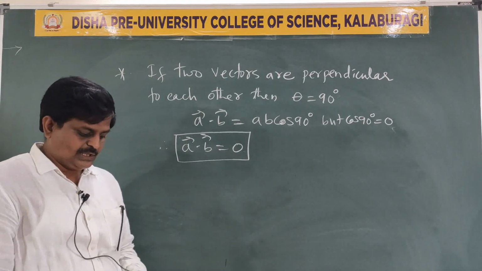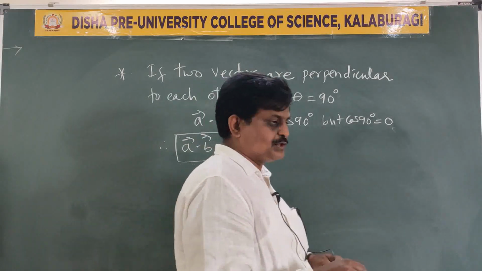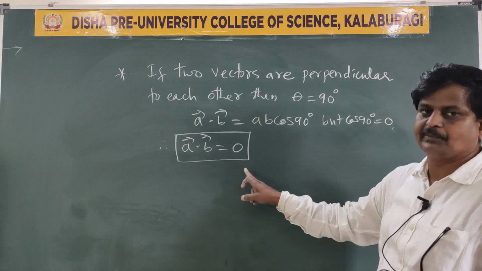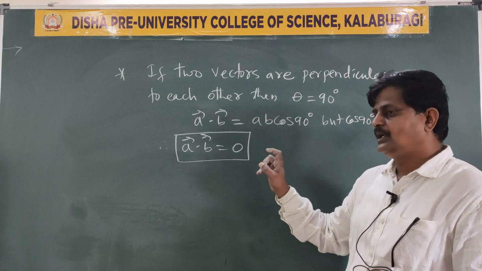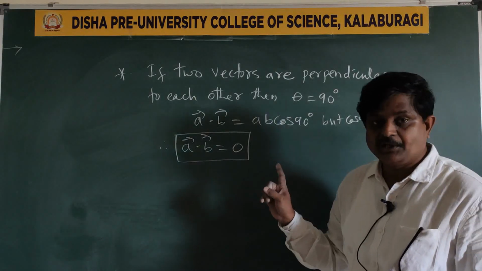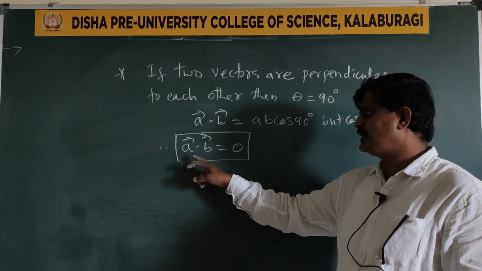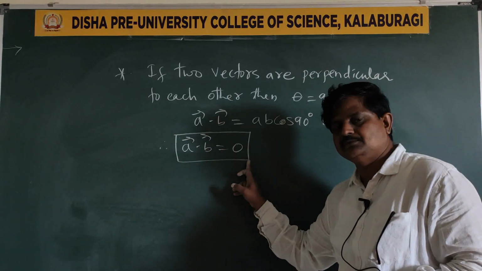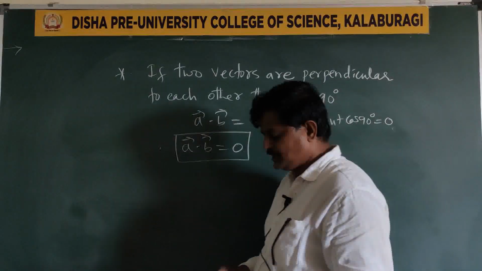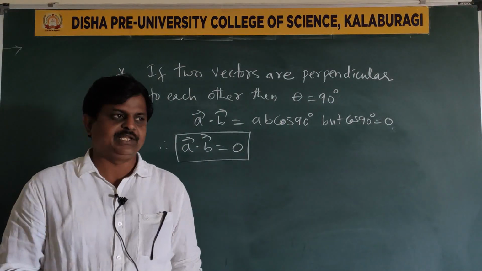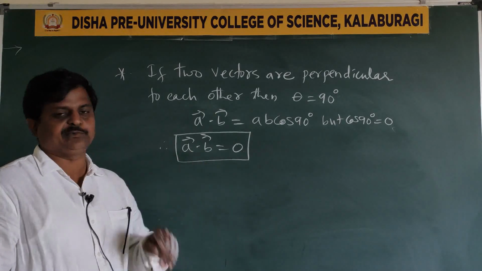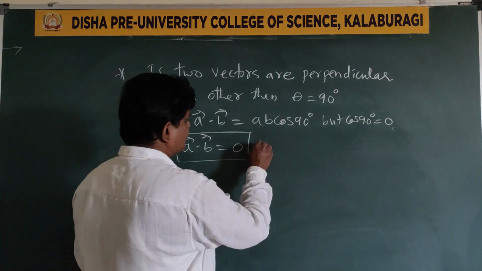Now onwards, whenever you are asked to show that two vectors are perpendicular, you may use this as a condition, please. Now onwards, remember, under what condition are two vectors said to be perpendicular? The answer is when their dot product is 0. One more time. Under what condition are the two vectors considered to be perpendicular? When their dot product is 0. Now onwards, use this concept as a condition for two vectors to be perpendicular.